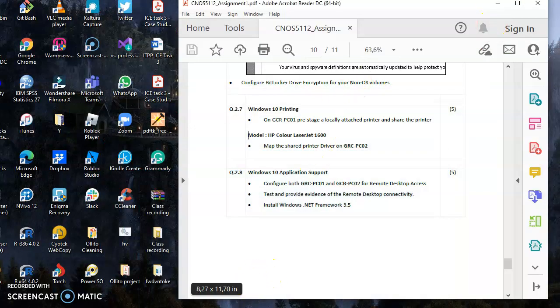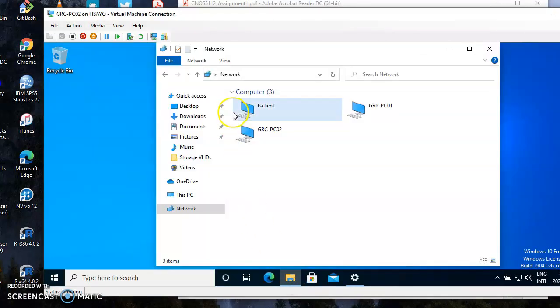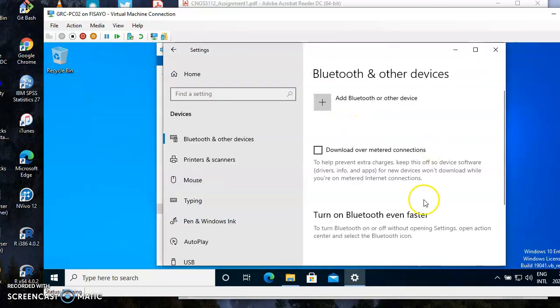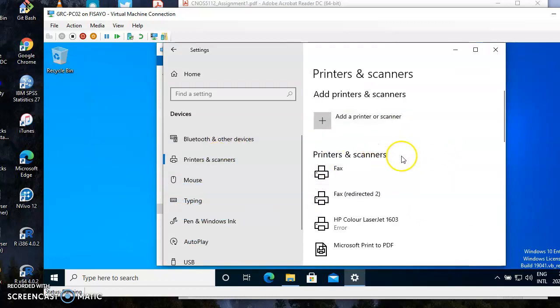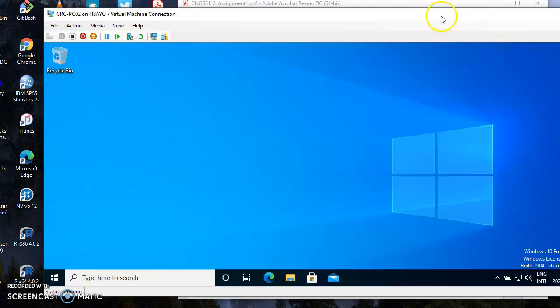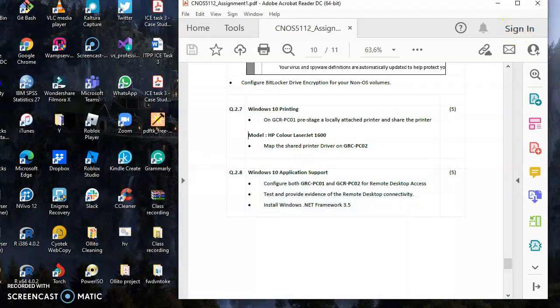Because if you open PC2, this is our network, right? You click the network tab, but remember we already have our printer, so it's not this view that we actually need. It's the one from PC1 that we actually need. So if you have more questions, we'll try to solve